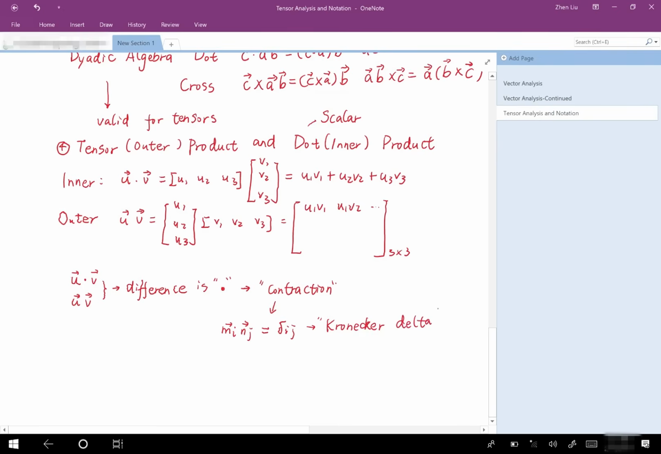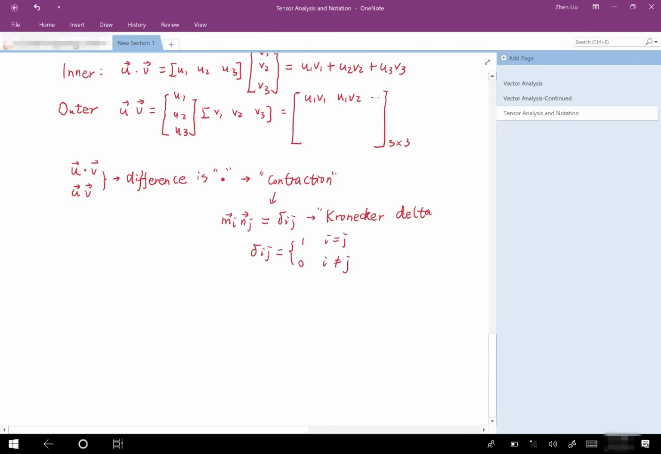And the Kronecker delta, the meaning of it is that it equals 1 if i equals j. It equals 0 if i does not equal j. So then, with this contraction thing, and also this Kronecker delta and one extra function, let's take a look at